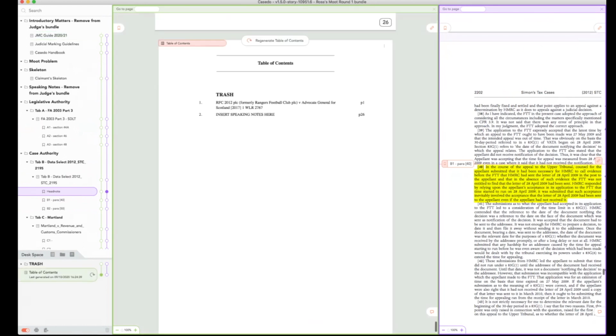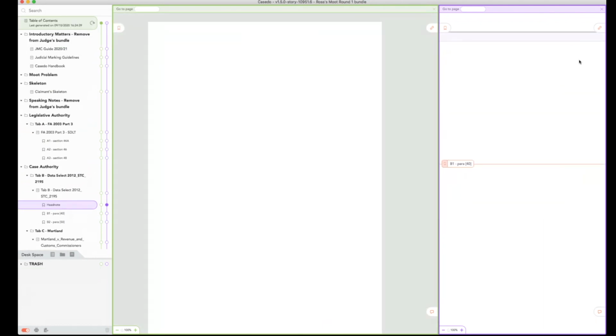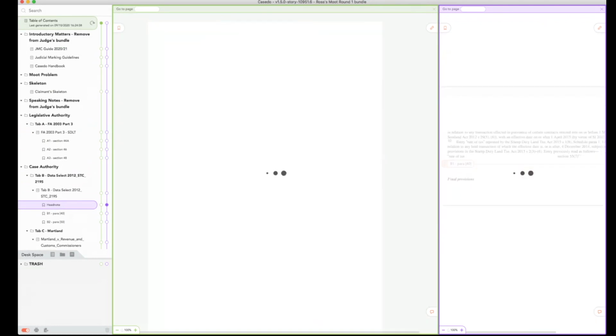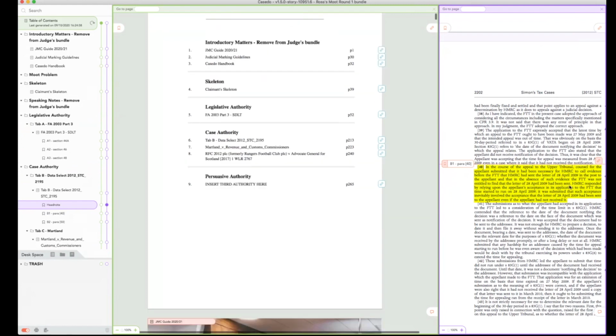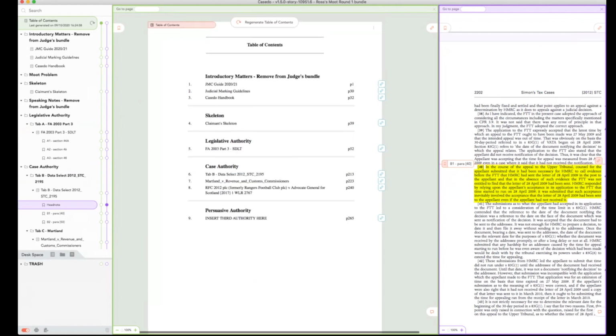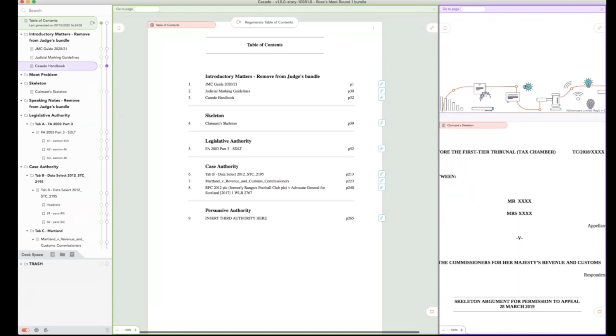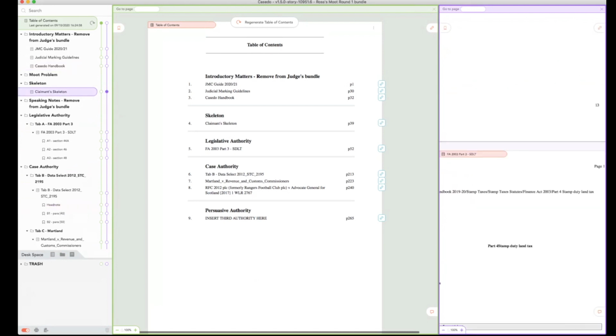If I click on that, you'll see that all this shows me is what's in the trash, because it's in the desk space, and these tables of contents respond to where you are. If I drag it up into my bundle proper, and I regenerate it, it will give me a list of everything in my bundle. And so you can see I've got a folder for my case authority, etc., and it ignores these subfolders, so that's quite nice. You can use these in various ways. They've got links to the various entries, so you can use this to link to the skeleton or to the legislation or whichever passage you want.